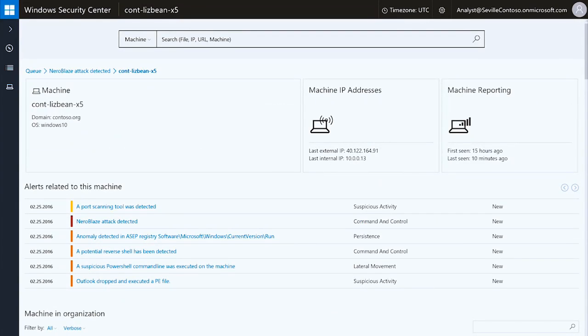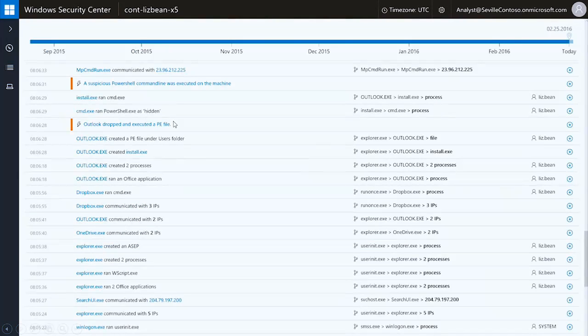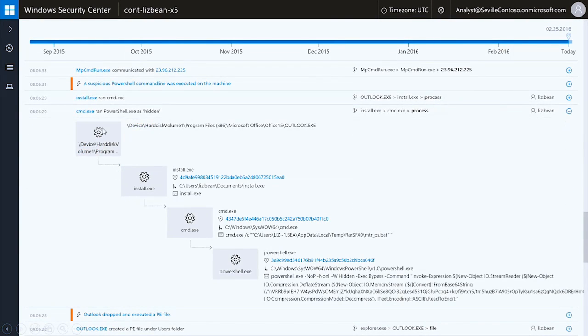At the end of the day, I say, that's great. I need to know what machine it's on. Here I can see it's on this machine that ends with the X5. And then I can start digging through all the activity and seeing everything that a process was doing. So Outlook is here. What was it doing? Because that's where it came from. I can dig in and look at the command prompt that came out. And here are all the steps that occurred when that led to that machine being taken over by a ransomware